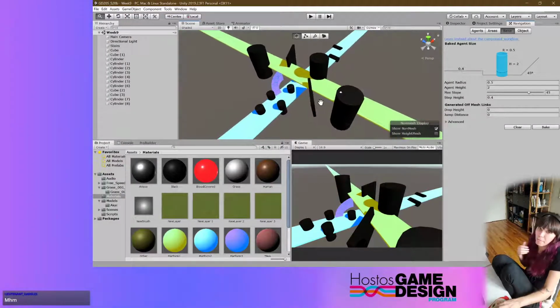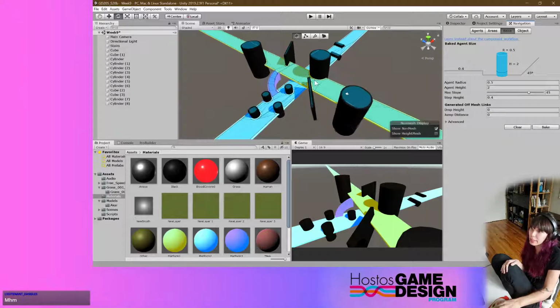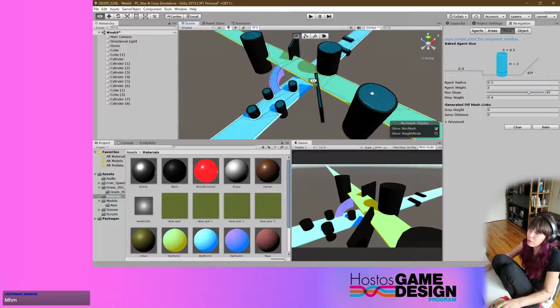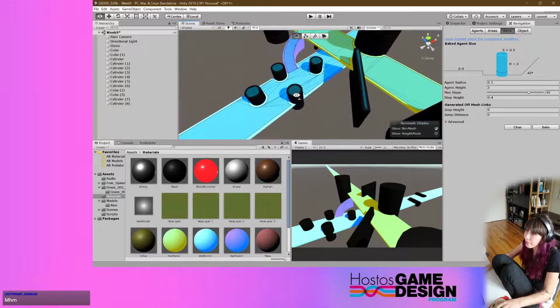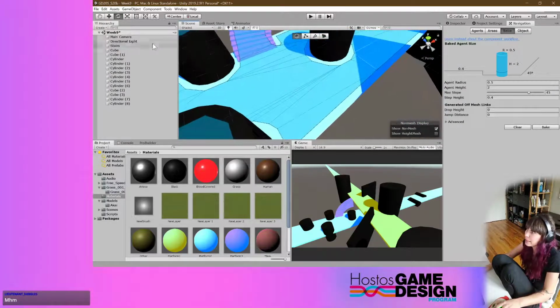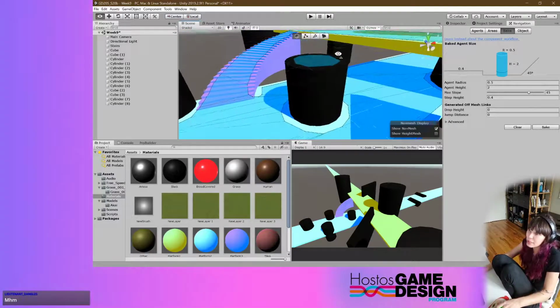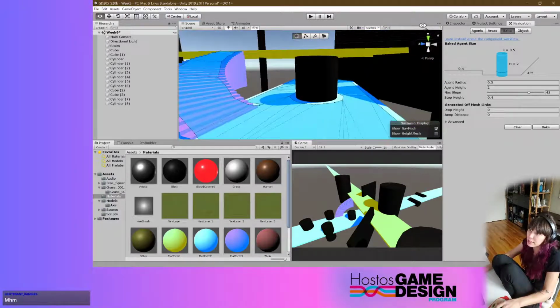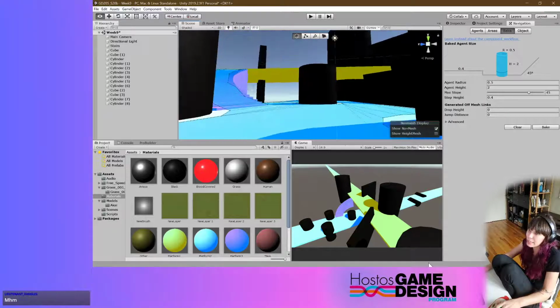Okay. So now that I've saved my scene, I can then bake the NavMesh. It might take a minute. You'll see in the bottom right hand corner, it's generating it. And now when you look, you can see all of this blue area that's been created. This blue area represents navigable space. So if you can imagine that this is you walking around,